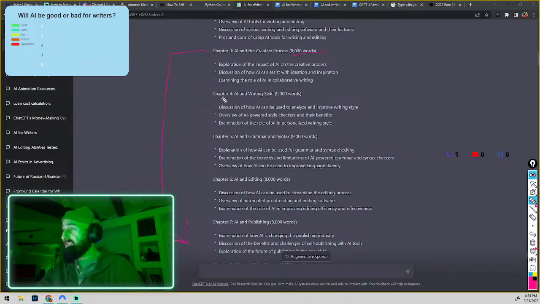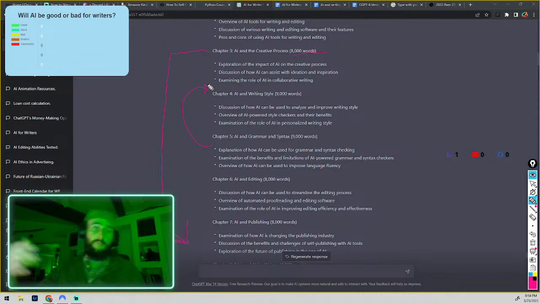AI and writing style. This was pretty good. Grammar and syntax. We're going to put that above writing style. Because this is a really good outline. It's just not a very well ordered outline. It would be fine if you were doing a term paper, but when you're writing a book,